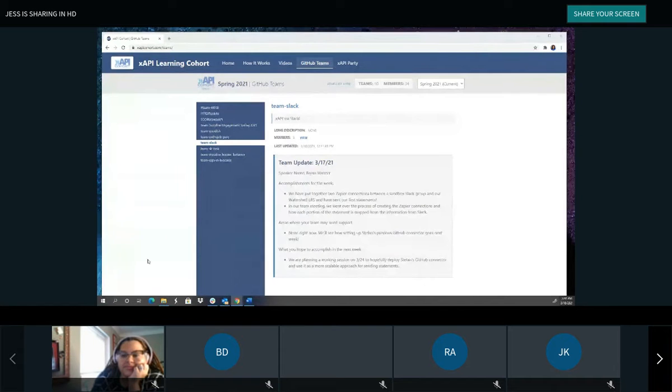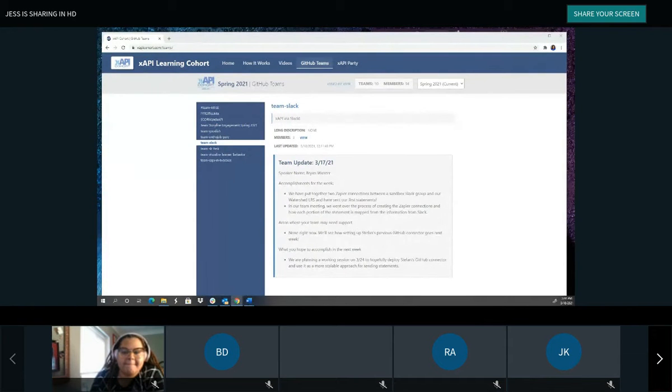Have a recording of that. Next week, we're going to take a look at something somebody in the cohort, I think a year ago, put together: a Slack to xAPI connector, which is available on GitHub. We haven't had a chance to explore that yet, so we're going to use our meeting next Wednesday afternoon as a working session to hopefully install that Slack connector, get it set up, find out if there are any hurdles that we need to overcome, start to document that kind of stuff,